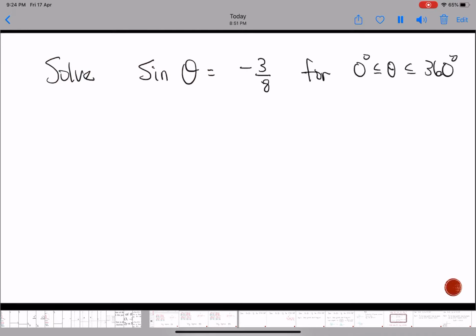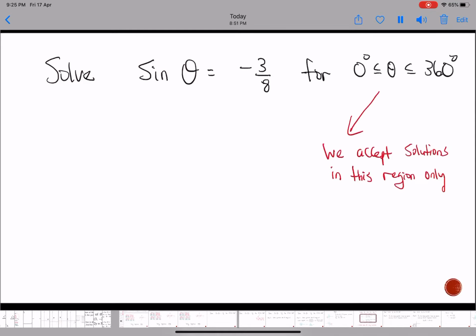We are going to solve for theta, and it is not as simple as using your calculator to calculate sine inverse of negative 3 over 8. Okay, remember, there are many solutions to this, and your calculator only gives you one of the solutions. Your job is to find all the solutions, and all the solutions can only be found by first finding the basic angle. Now, why do I give this region? Okay, it's because there are many solutions, so we try to restrict the solution to only in this region.